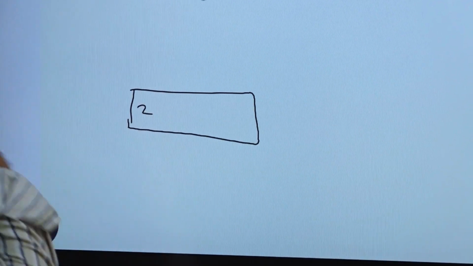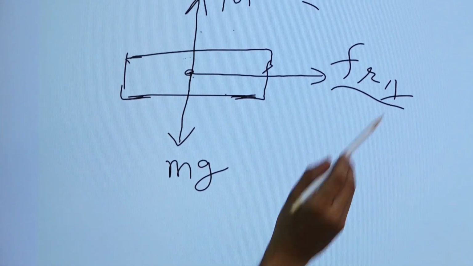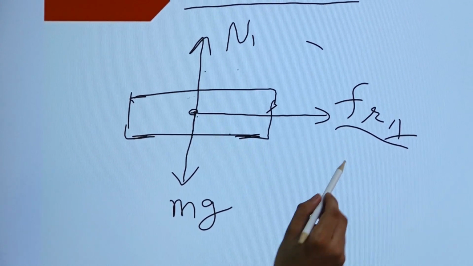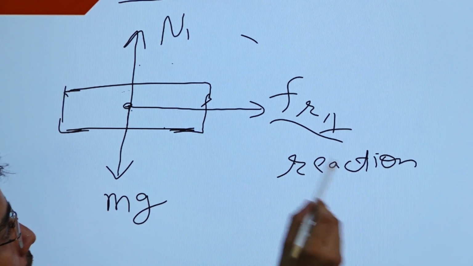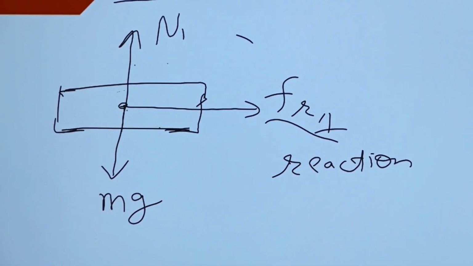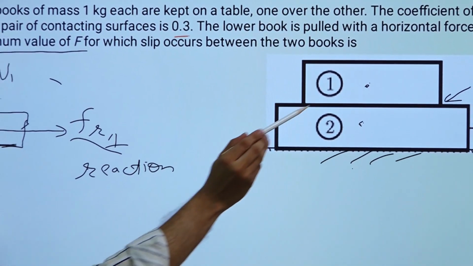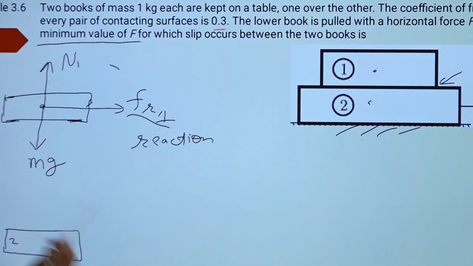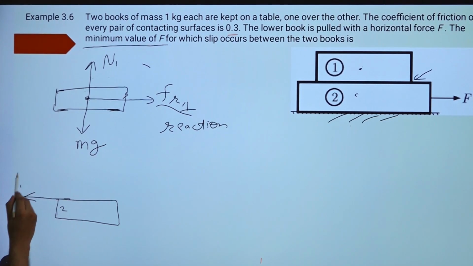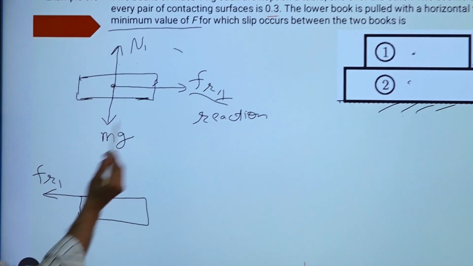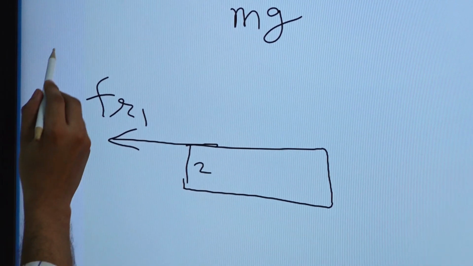So this is 2, right? So what will happen? This friction is action force, or you can say it is a reaction. So this friction is being applied by second book to first book in forward direction. So what will happen? The first book will apply reverse friction, that will be action force in reverse direction, right? Fr1. So both the things Fr1 should be equal, and both are nothing but action and reaction force. This one is action force.